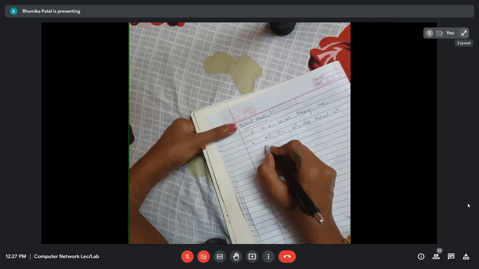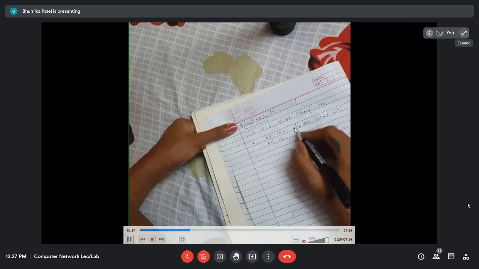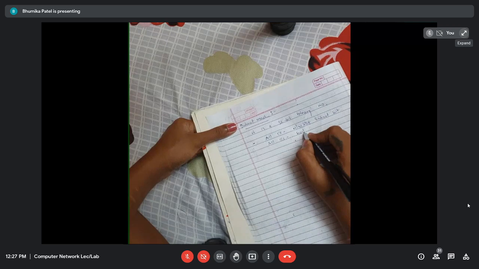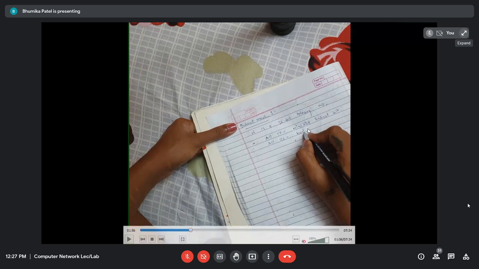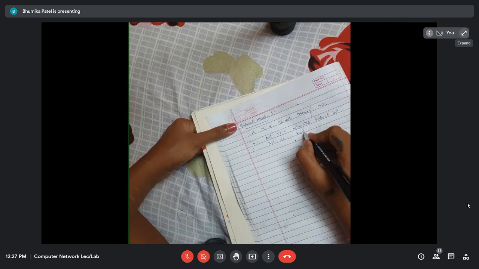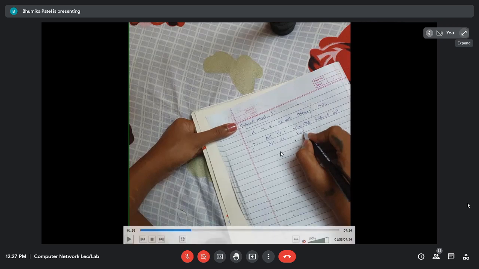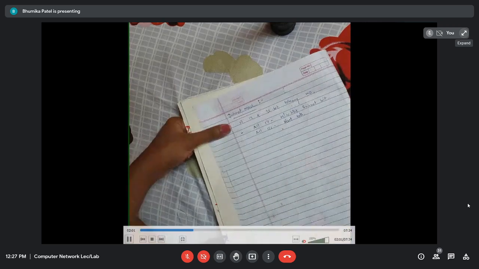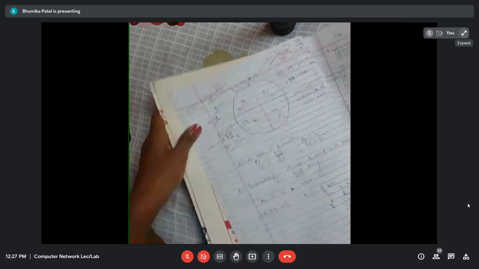Here, as I said, it is a combination of binary numbers, so obviously we are going to have some zeros and some ones. All the ones, the number of ones, wherever there are ones, will represent the network bits plus the subnet bits, and the zeros will indicate the host bits. We will see that here using an example.